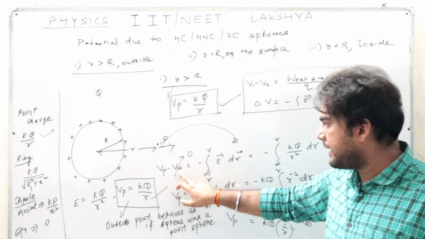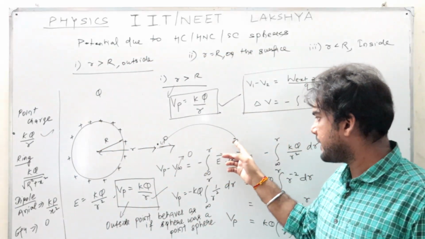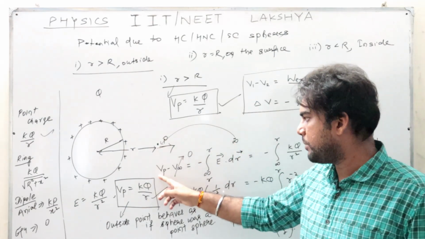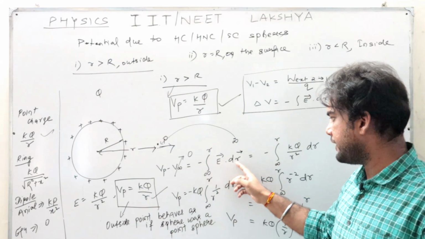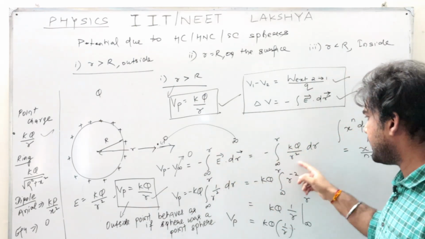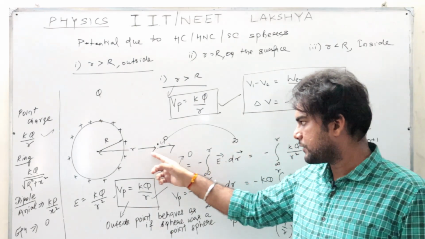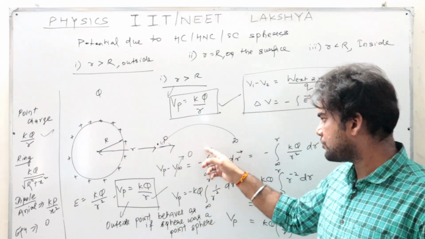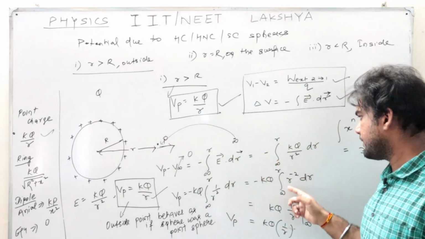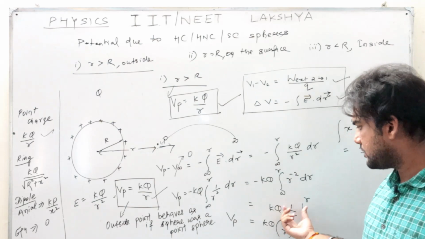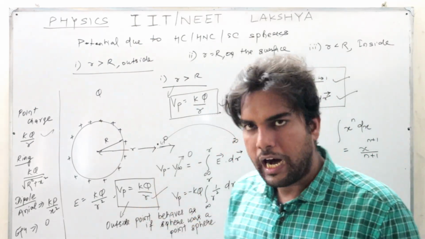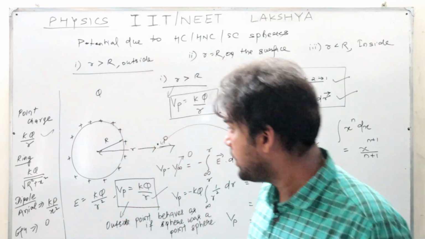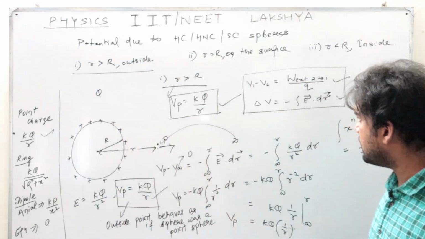So Vp minus V infinity. Why? Because we are bringing a charge from infinity to point P. So Vp minus V infinity is equal to minus integral from infinity to r of E dot dr. Electric field outside is Kq by r square. So that is the electric field direction. dr direction is also the same. So dr cos 0 is 1. And then we have used simple integration, substitution of limits, and we got the formula Kq by r. I hope it's very much clear to you. You note it down, and then I will move to the next case.